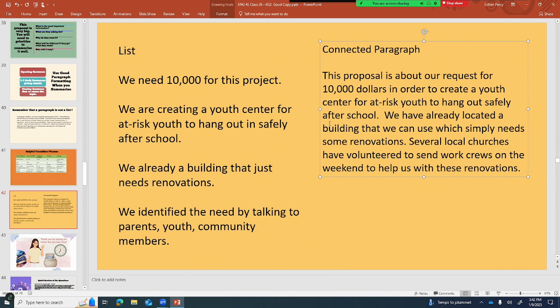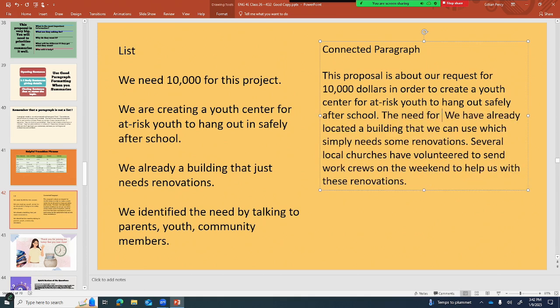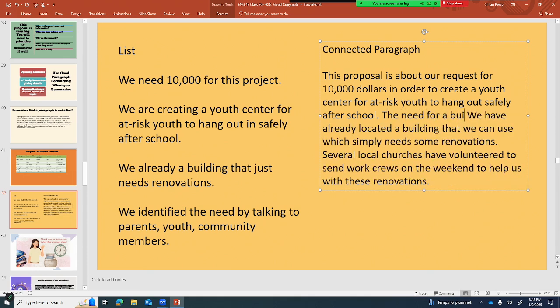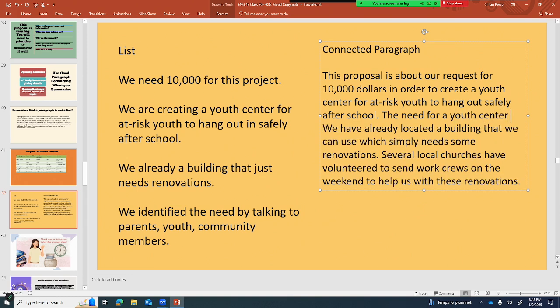I'm actually going to put that up top because I think it's important that we haven't just kind of imagined this out of nowhere. We developed the project in relationship to a need. Okay, so I don't want to keep on saying we. The need for a building for a youth center was identified